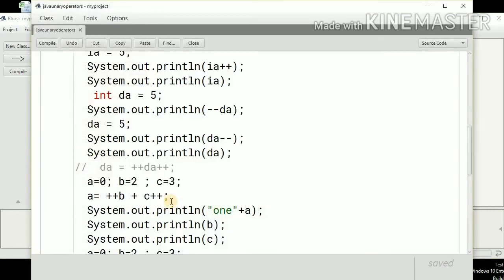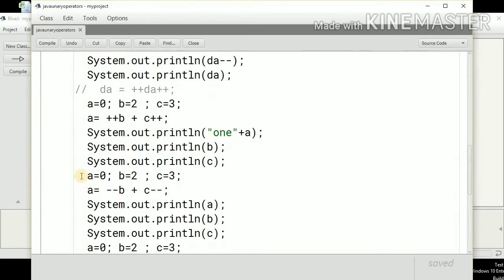Let's continue with some more expressions. This is my second expression, where the values of the variables are A is 0, B is 2 and C is 3. So what is the expression? A equals minus minus B plus C minus minus. Again, this is pre-decrement, so first we will decrement the value of B. So this will be 1, and 1 will be used here.